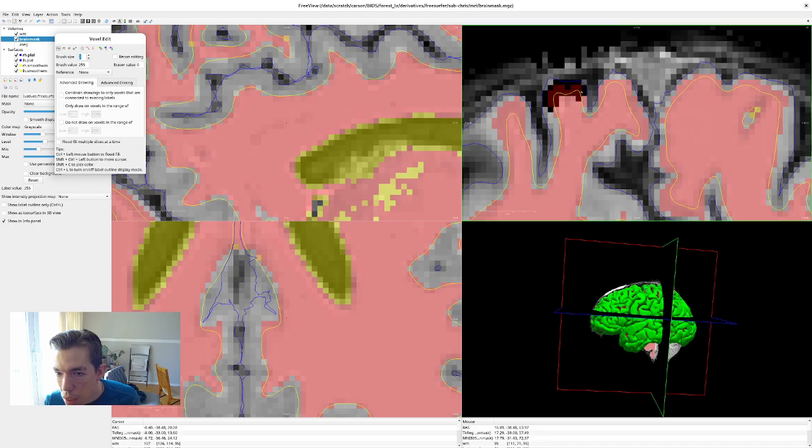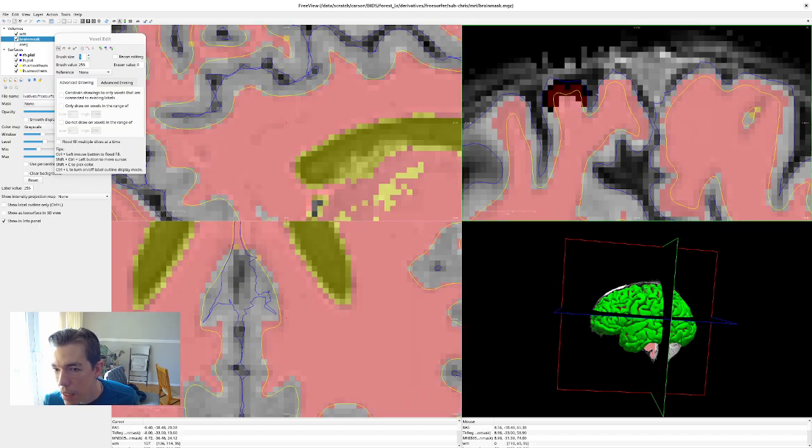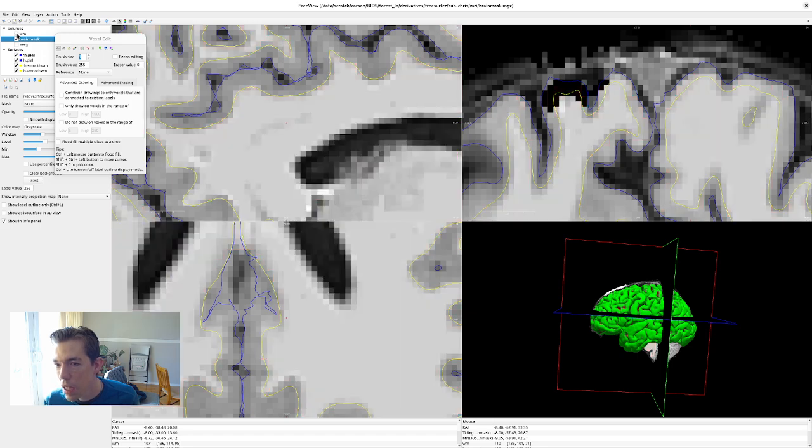remove some of this. I actually need a smaller brush size. You can go down to brush size 1 to just edit individual pixels. And it looks a little bit more like that. I think the same thing is happening over here. We've got a little bit of extra white matter. So we'll do that. And it's kind of a decision of, I think it'll be something to talk about, like how,